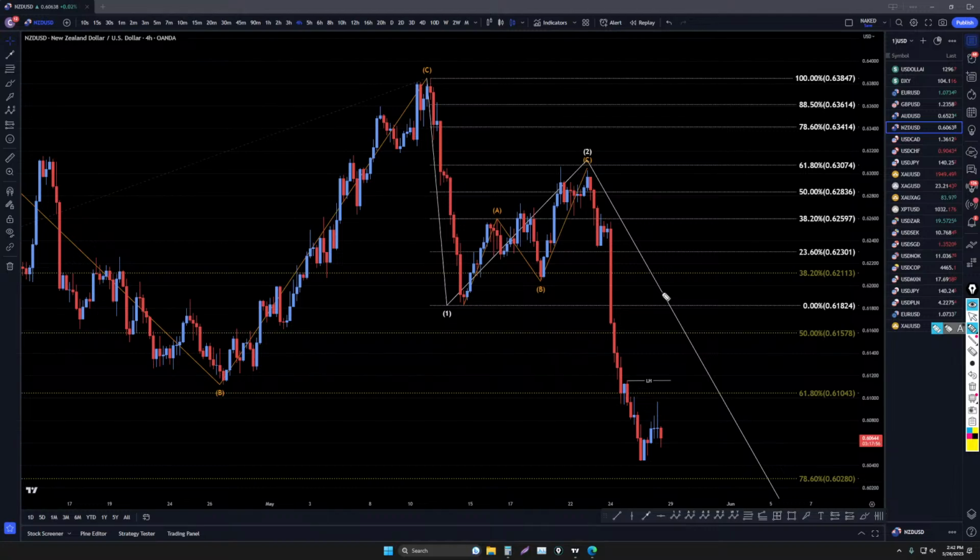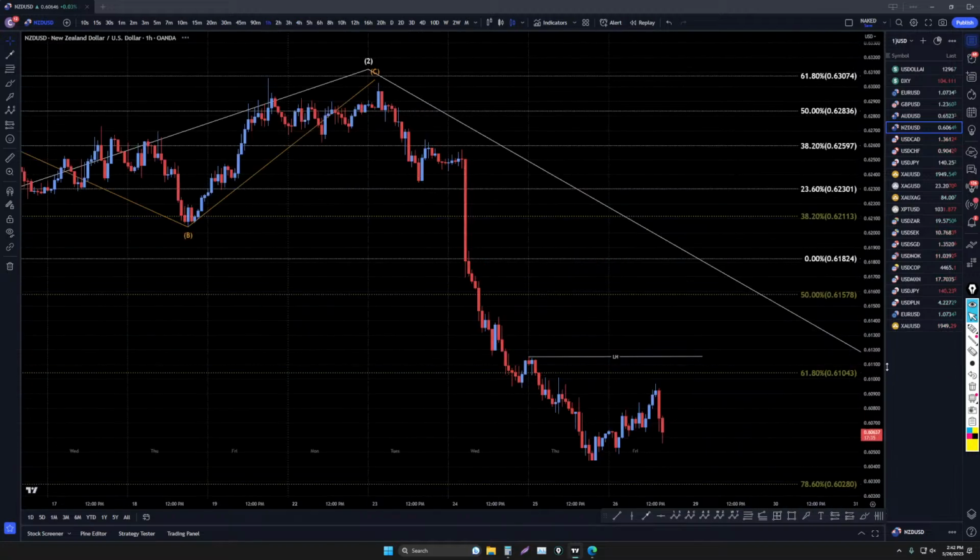Going down to the 4-hour time frame, you can see how strong this was down ever since that Kiwi news that we had this week. It does kind of look like it's trying to make a wave 5 shape right there. So we may actually be getting ready to make a bigger correction, maybe into next week, and then another continuation of the downtrend. So let's keep going down to the 1-hour time frame.